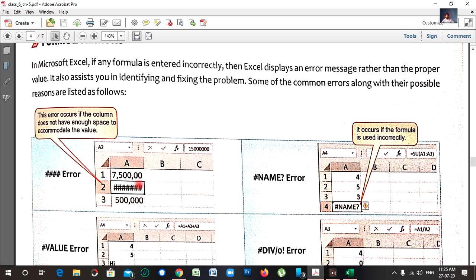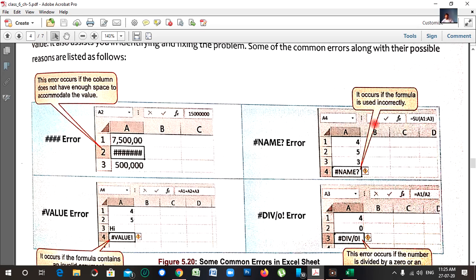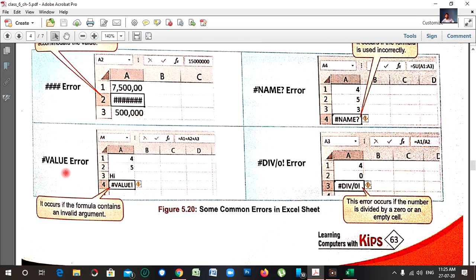This type of error comes when the number is bigger and the cell is smaller. Next, this type of error occurs when the formula is used incorrectly, when we insert an incorrect formula. And this type of error comes when it contains an invalid argument.